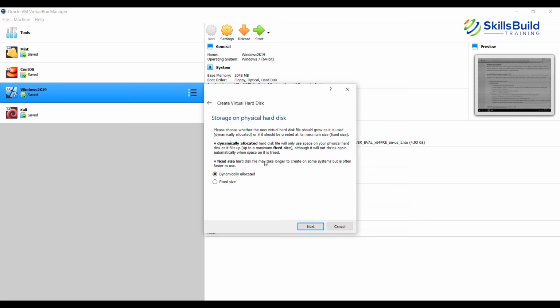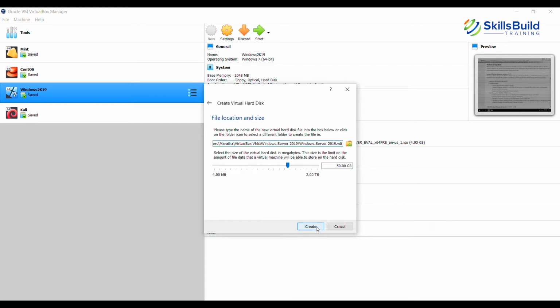Or you can use the option dynamically allocated, which will start with the smallest size. As and when required, it will keep on increasing the disk size. And of course, there is a cap that you have put, which is the 20 gigabytes. So it will go up till that much size. So I just keep the dynamically allocated option selected and I click on next.